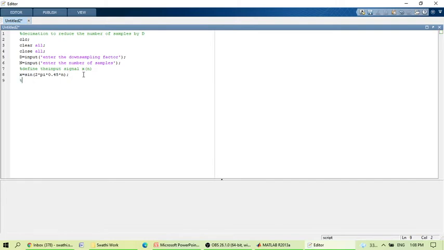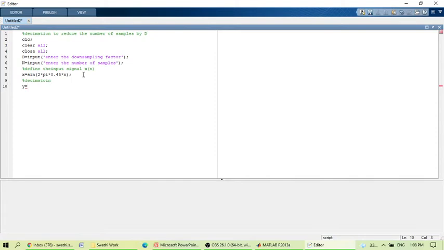After that, I am decreasing the sampling rate by the decimation process, and I save that output in the variable y. So y equals, in MATLAB you have a built-in command to reduce the number of samples. That command is decimate. So decimate of the input signal x. You want to reduce the number of samples in the input signal x, therefore give here x, comma, by what factor? By a factor of d. So give here decimate x of d.